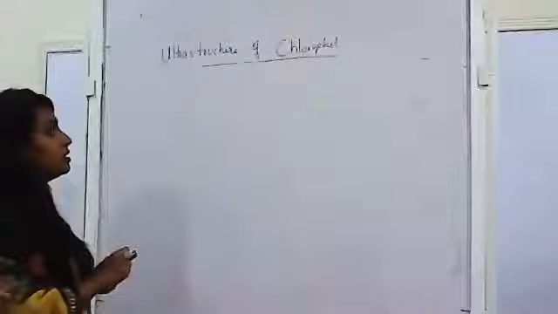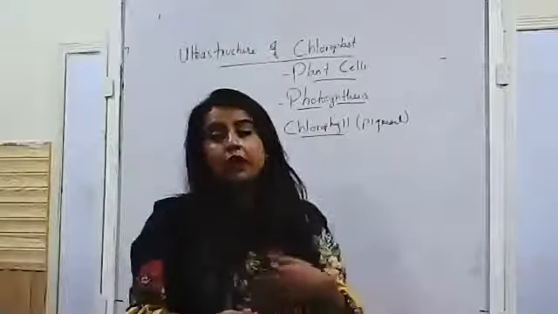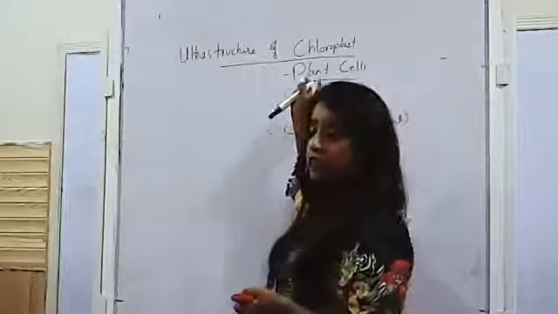Chloroplast number may vary depending upon the part of the plant. The parts of the plant that are greener have more chloroplast as compared to the parts of the plant that are not green in color, right? Okay, so chloroplast contains pigments known as chlorophyll. Like you have red color in flowers, you have yellow color in flowers, you have other colors in flowers, right? They're not caused by chloroplast, obviously.